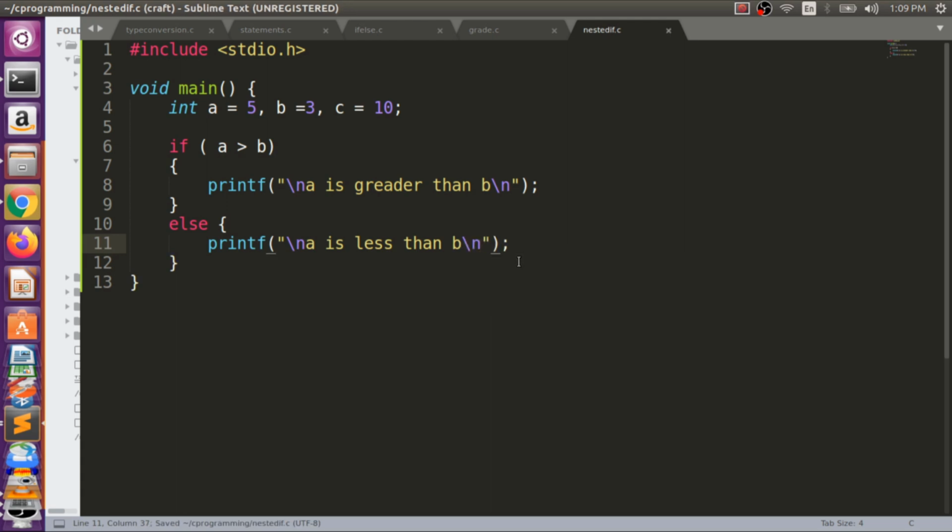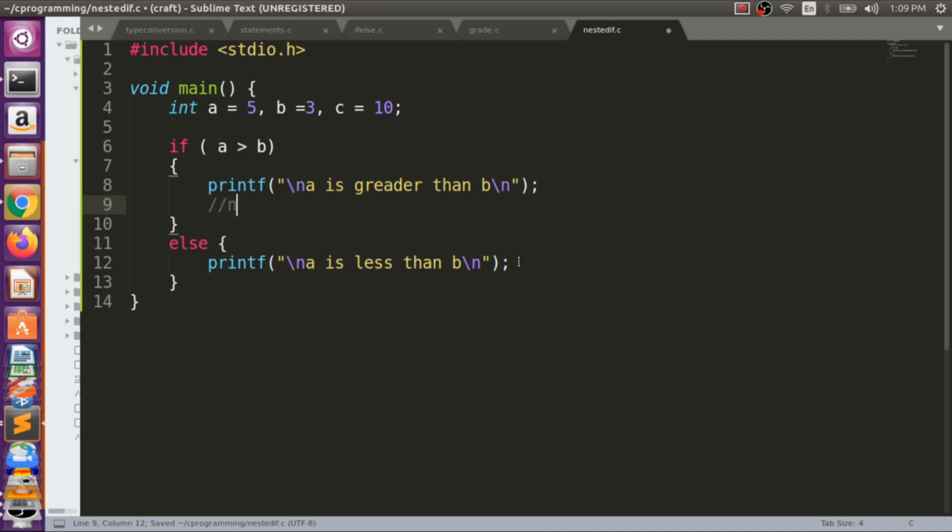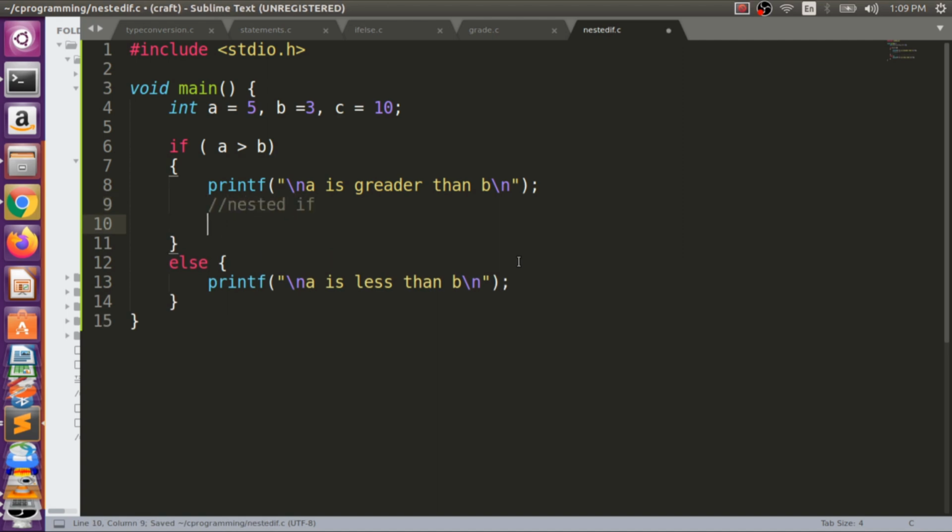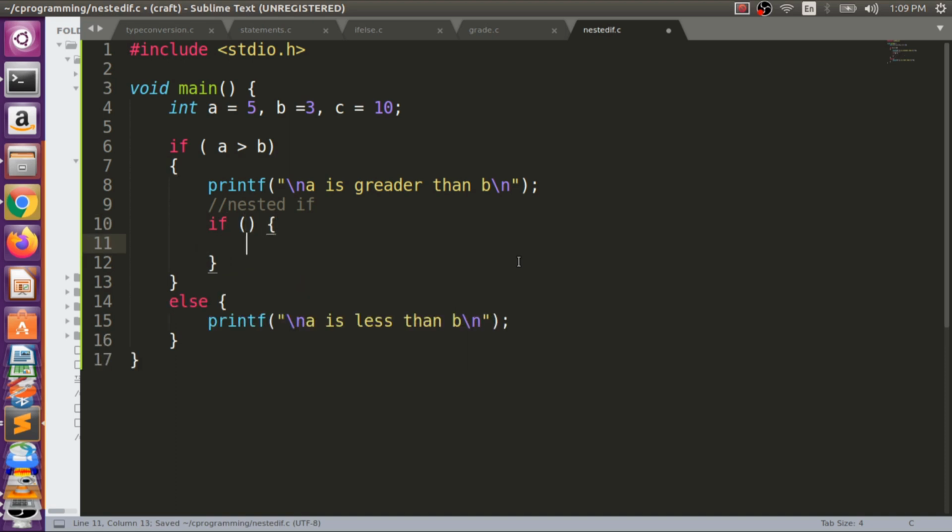So here we want to again, now here is the nested if. How? If a is less than c, what we will do, printf but a is less than c, right?